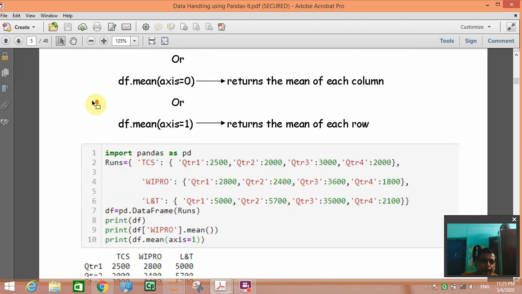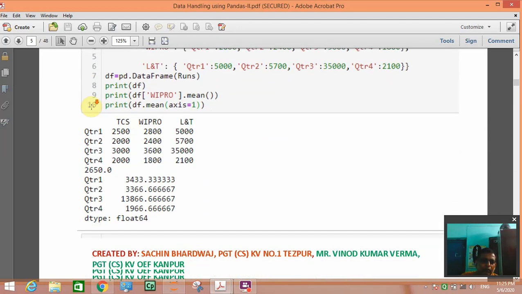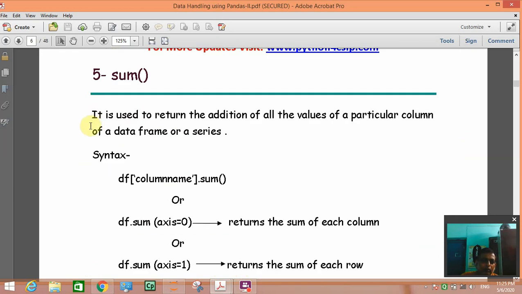Next is sum. Sum is also a simple function. Suppose in a column you have written the fee of students of a class, and you want to find out how much fee is getting collected from that class.